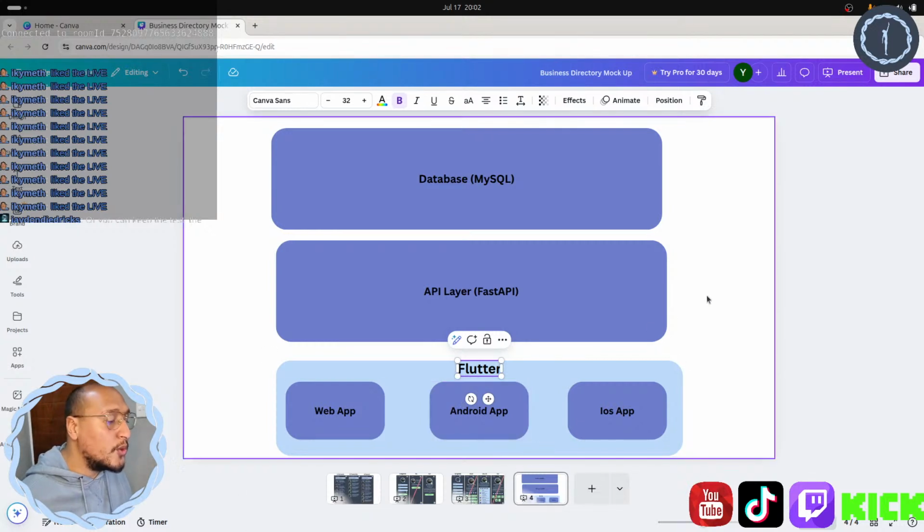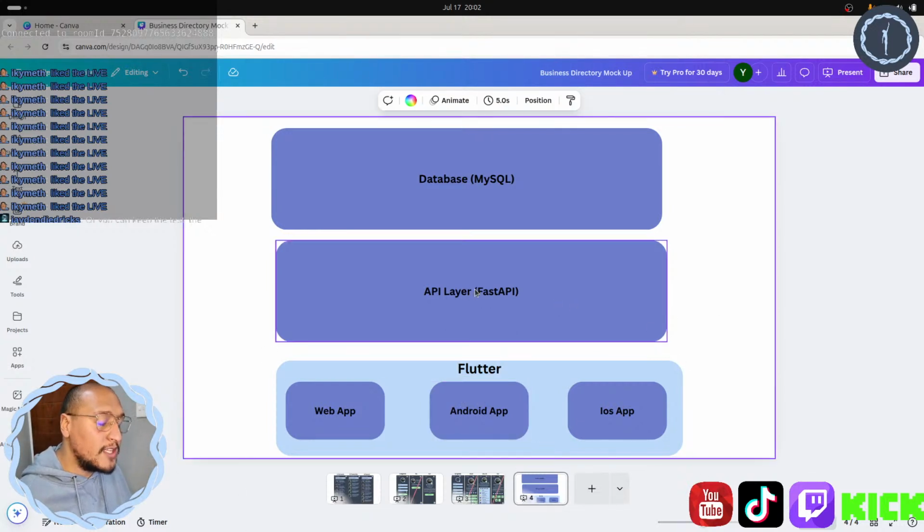So yes, to answer your question, Hendrik, we are using Fast API as the technology for our backend, our API layer. And this technology uses Python as its language. So I wouldn't say that I'm using Python as my backend. I'm using Fast API as my backend, and it just so happens that Fast API uses Python. So Python is the backend. Right? And this is how it's, not everything, but this is how it's set up.